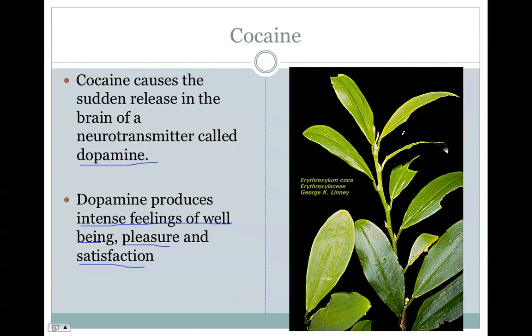Cocaine comes from a plant down in South America. It's called coca, and so these leaves, even if you chew on them, you get some stimulating effect, but they refine this and make it a little bit more potent. But if you notice the word here, coca, Coca-Cola. If you look at that, there's no coincidence. When Coca-Cola first started, they were putting coca in their beverage. They don't anymore. So that's sort of an interesting fact.